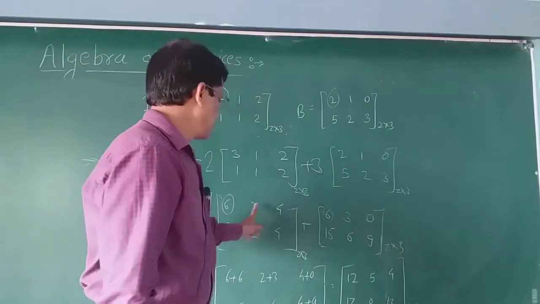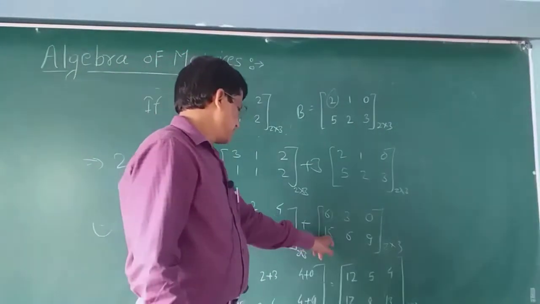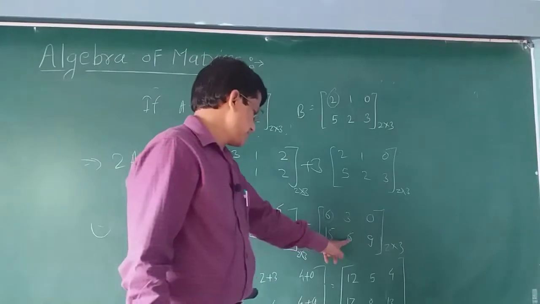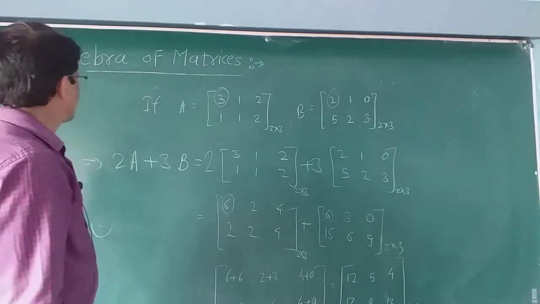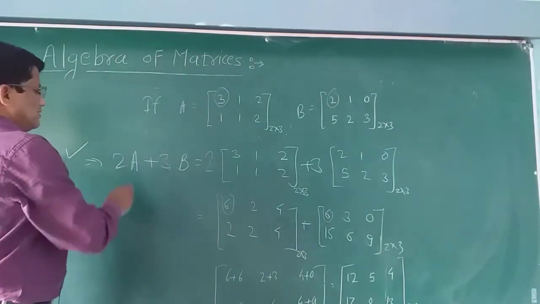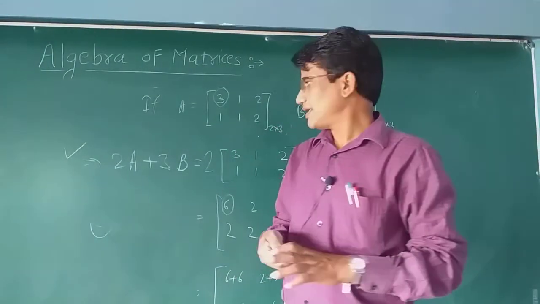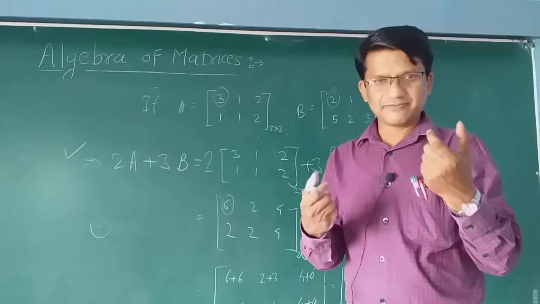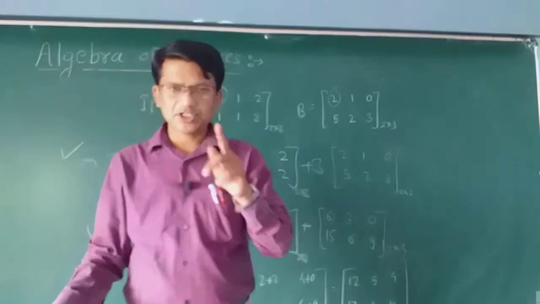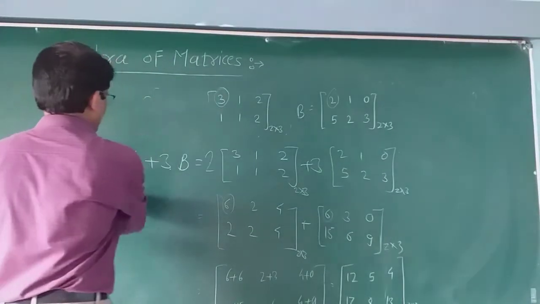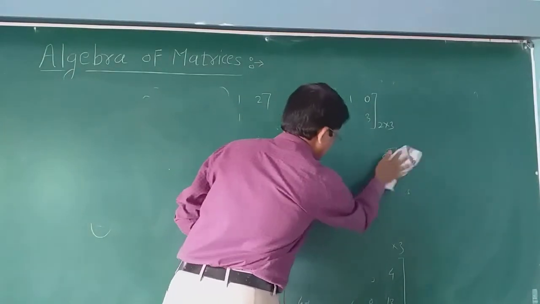Okay, this is about the addition of two matrices, or we can say directly 6 plus 6, 12, 2 plus 3, 5, 4 plus 0, 4, here 2 plus 15, 17, 2 plus 6, 8, 4 plus this 9, it is 13. Okay, thus we have discussed 2A plus 3B, and how to find the matrix multiplication by a scalar, addition of two matrices, subtraction of two matrices.